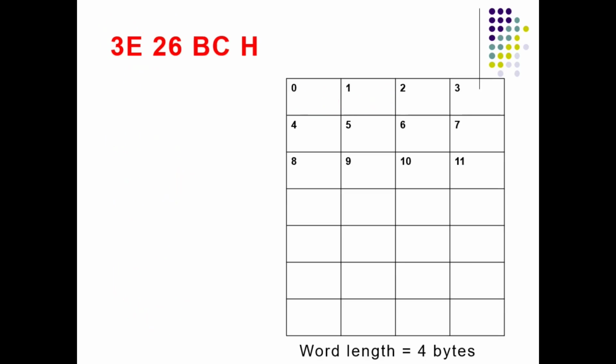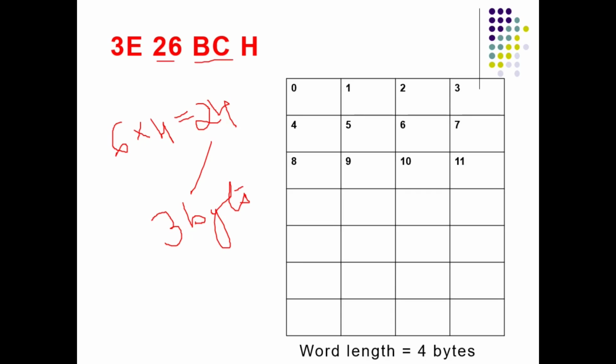Again I'll take one more example. In this example I have taken a big number which is 6 digits, and every hexadecimal digit is 4 bit. So this is 24 bit. That means 3 bytes: 1 byte, 8 bit, another byte, and this 8 bit another byte. I can say this is the least significant byte, this is the most significant byte. Big endian places the most significant byte in the lowest available address.